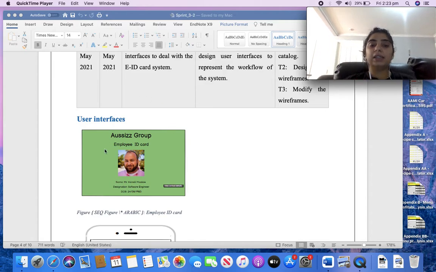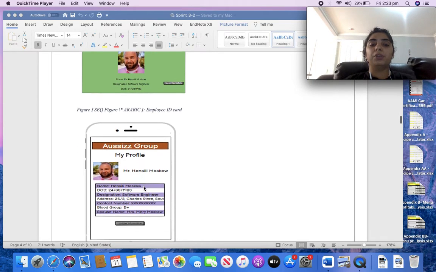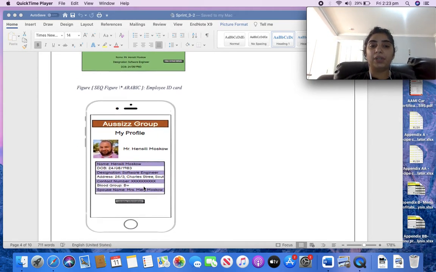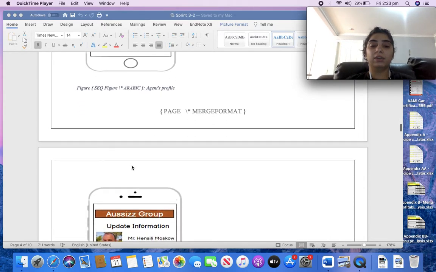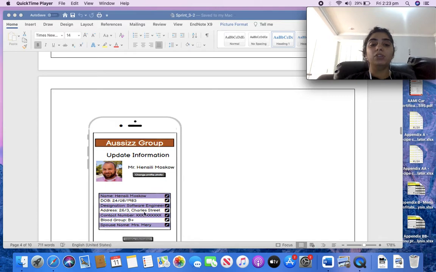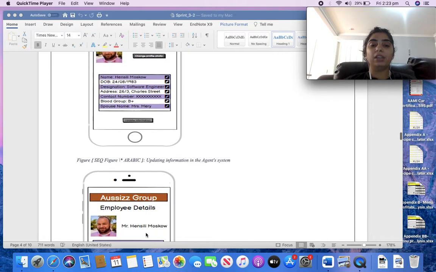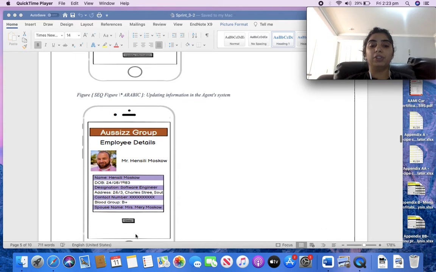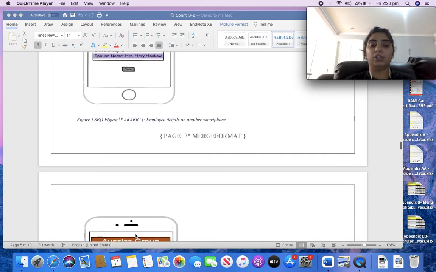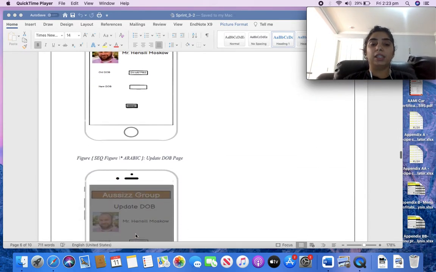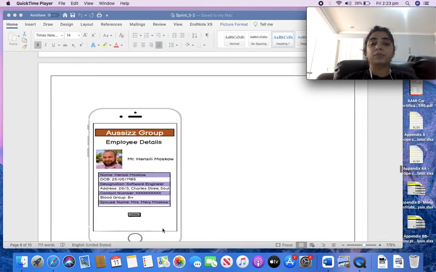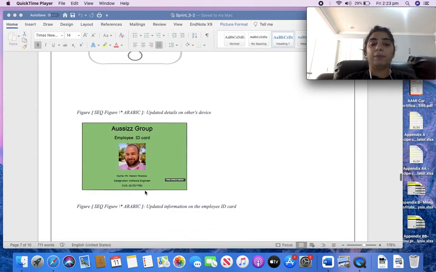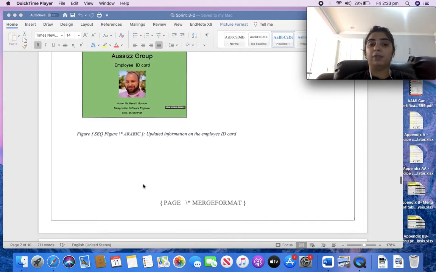First is the case where the information, that is our date of birth, is wrong. After going to the profile, we come to this screen and here you check the name of the client. So here is the edit screen. After that, the updated information. Now we'll go with the date of birth update. So here it is, and the final date of birth information has been updated, and now it's the correct date. Before it was 1983, now it is 1985.